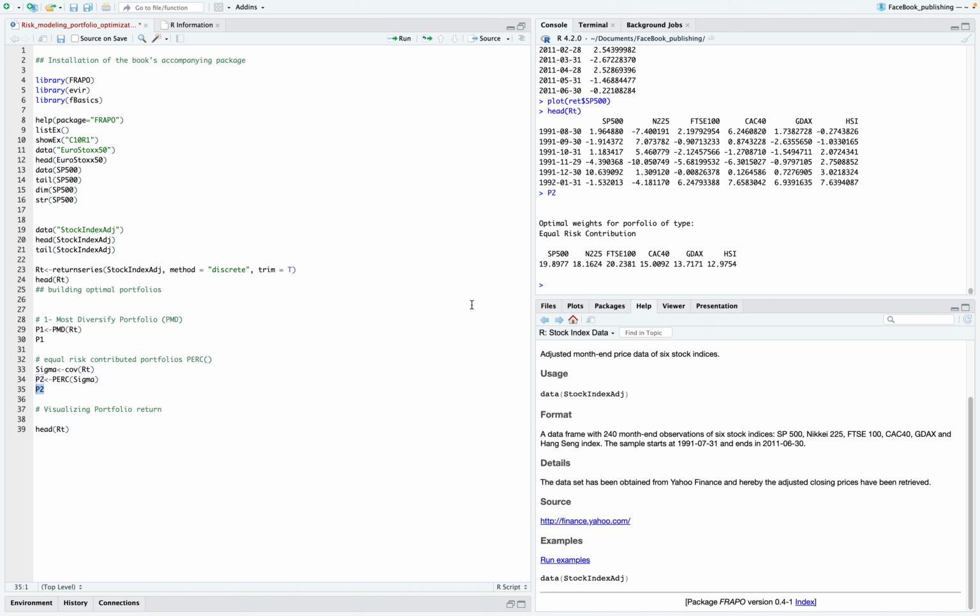Each of these represents the weight. So I'm going to create a function here that I will call weight, and this will extract the weight out of the portfolio. We are going to take the weight out of P2, which represents the equal risk contributed portfolio. So now when we get this weight, we can look up the first weight, which is going to be 19 point